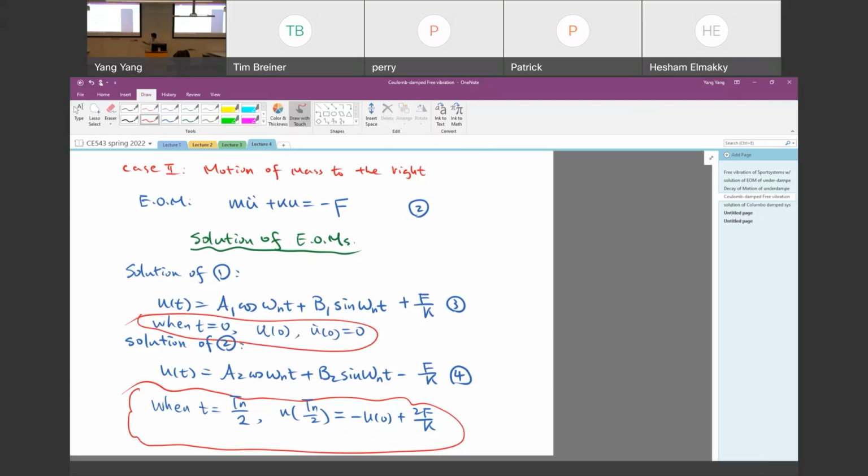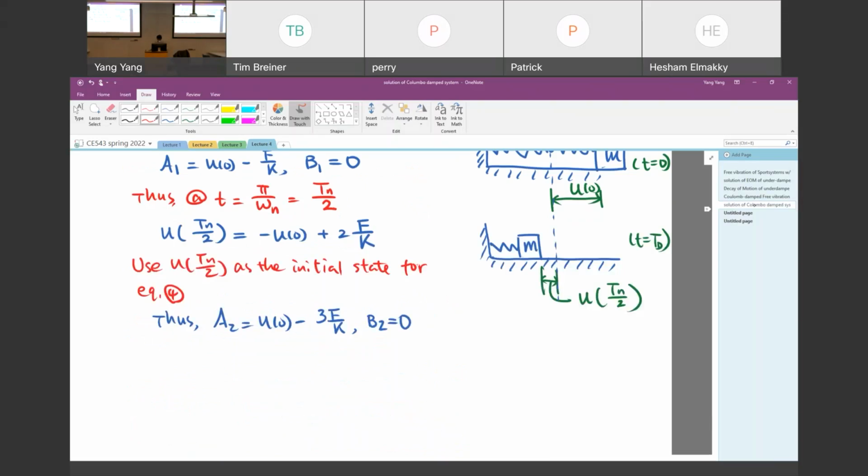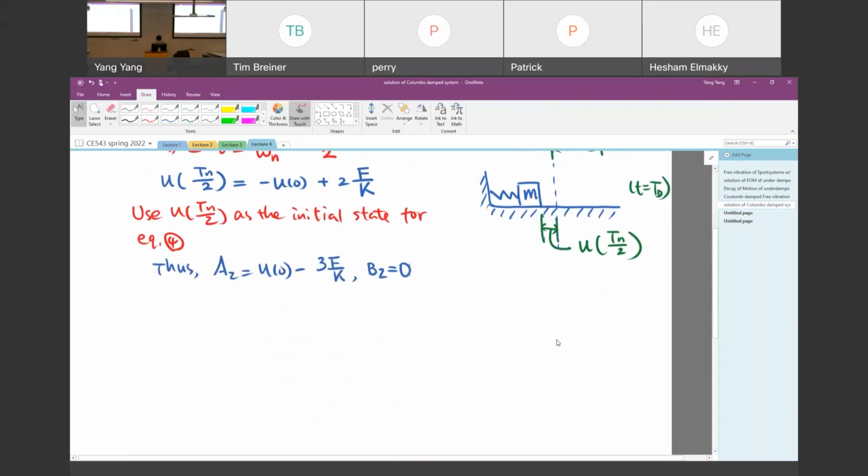And after we find out the values for A1, B1, and A2, B2, we can write the solution here. So we combine equation 3 and 4, and we will have